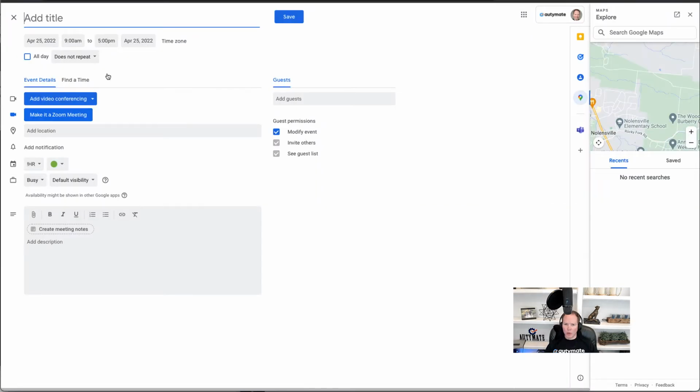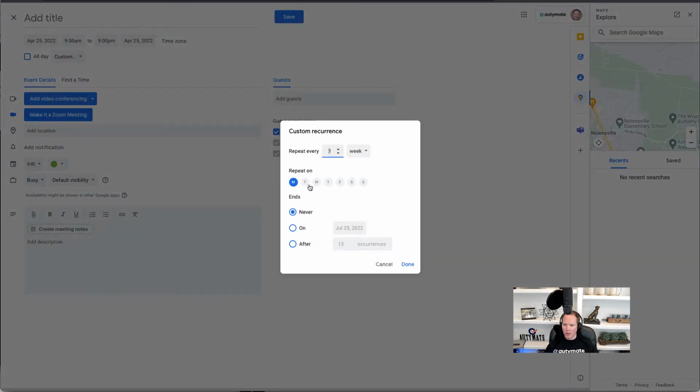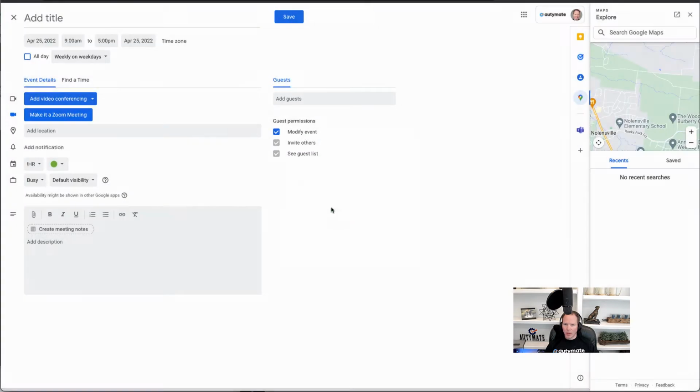You're going to go in here and set the custom time range. Let's say it's Monday, Tuesday, Wednesday, Thursday, Friday. During the week, we're going to give it the name. Let's say this is for HR working schedule. And then you don't want to set it to busy. You probably want to set it to free, so that way people can put stuff on your calendar if you're